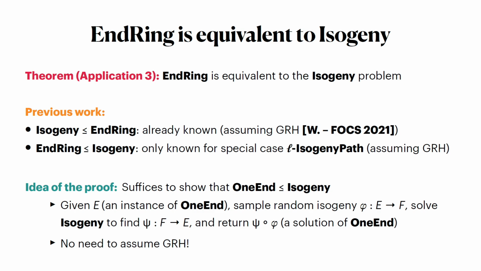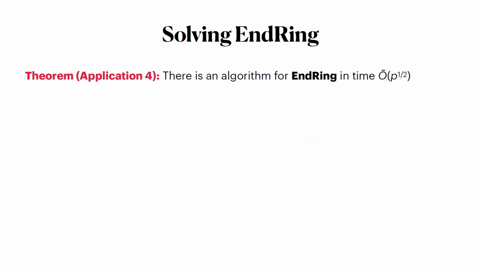A third application has to do with the hardness of end ring. I hope you're convinced now that end ring is a problem we really care about in isogeny-based cryptography. We really need it to be hard, otherwise everything is broken. But just how hard is it? We can now prove that there is an algorithm for end ring in time, essentially big O of square root